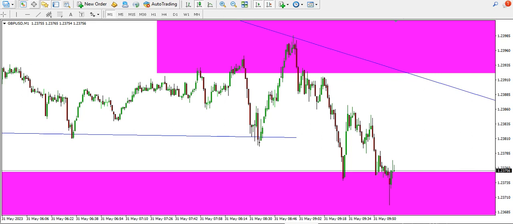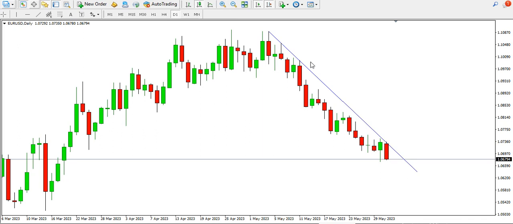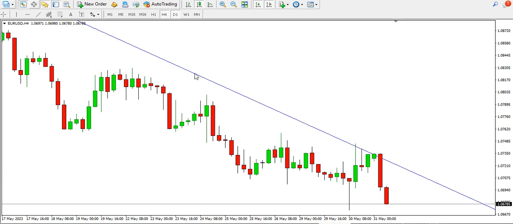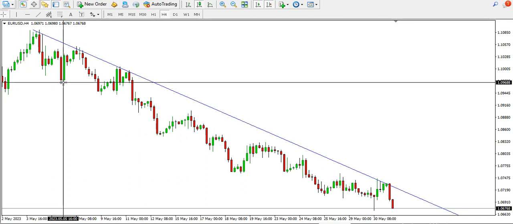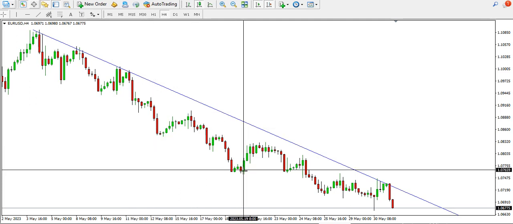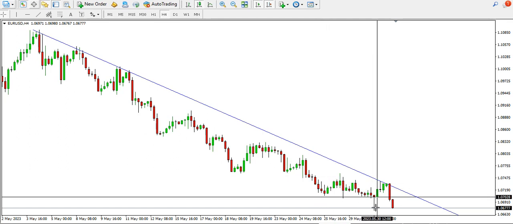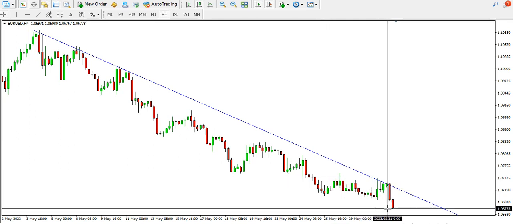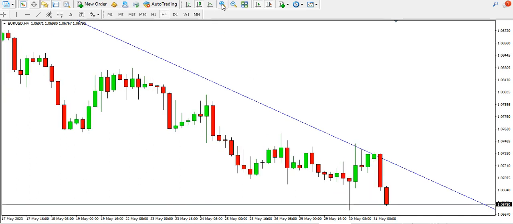Let's take a look at EURUSD. For EURUSD on the daily time frame, you can see that the bearish trend still continues. On the 4-hour time frame, you can see that price continues to break structure to the downside. This structure here, you can see this low, lower high, lower low, lower high, lower low, lower high, lower low, lower high, lower low, lower high. We are experiencing a break of this structure currently for the 4-hour time frame for EURUSD,